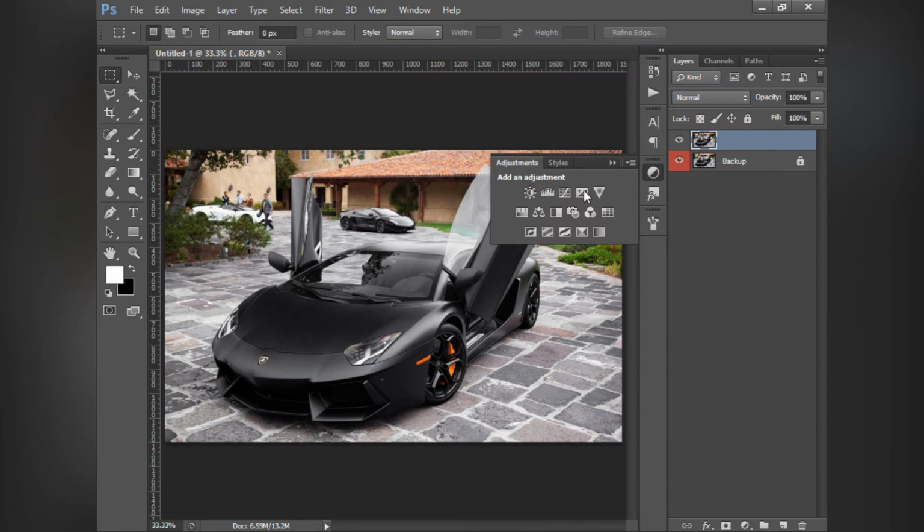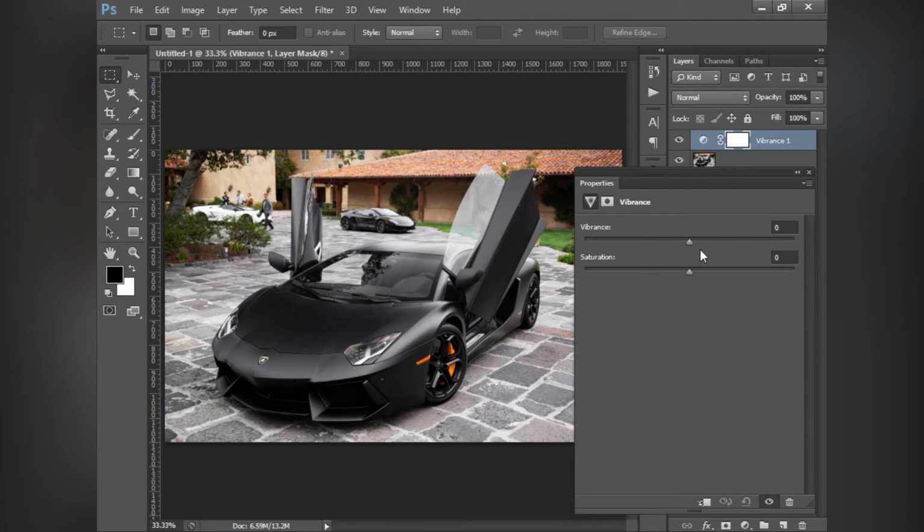Now, the next one is vibrance. Basically, if you turn up the saturation, it's going to pretty much increase all these color values from the range that it's at. It's going to increase them not to 100%, but 100 in range. So it doesn't increase everything to 100 saturation, so every pixel's saturation is 100. It does not do that, but you can just keep duplicating it and get very close to that. But that's not